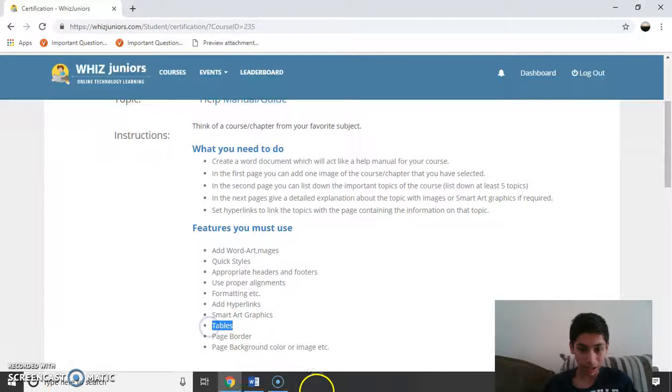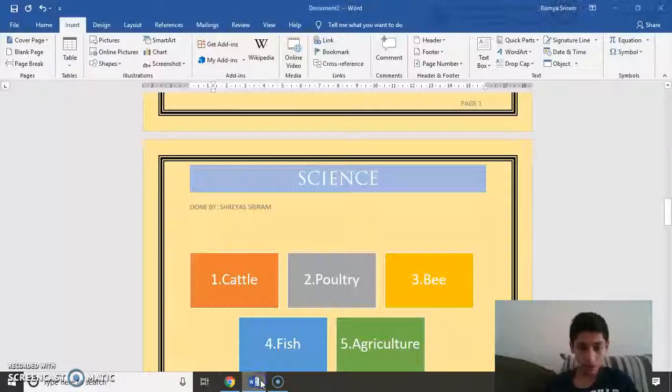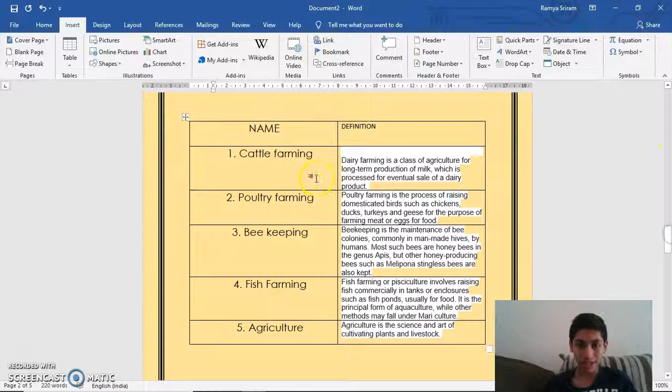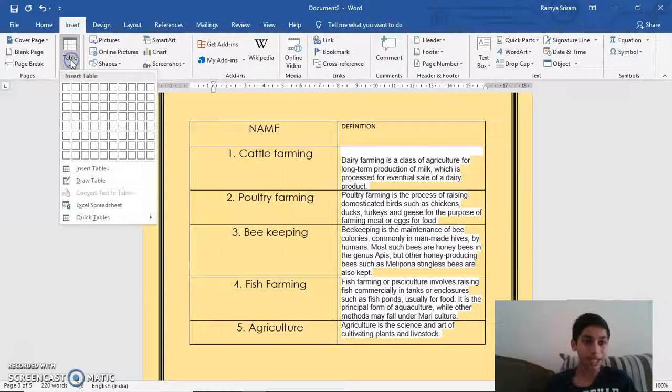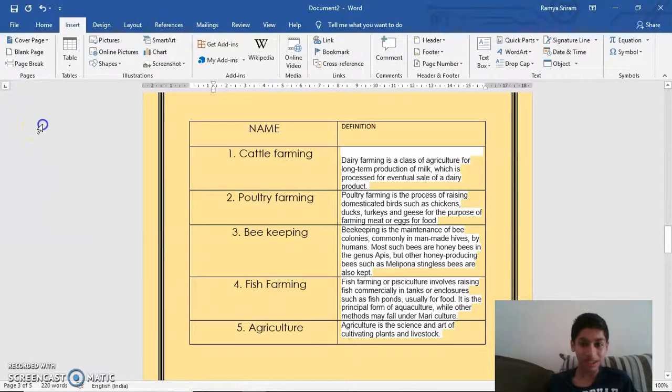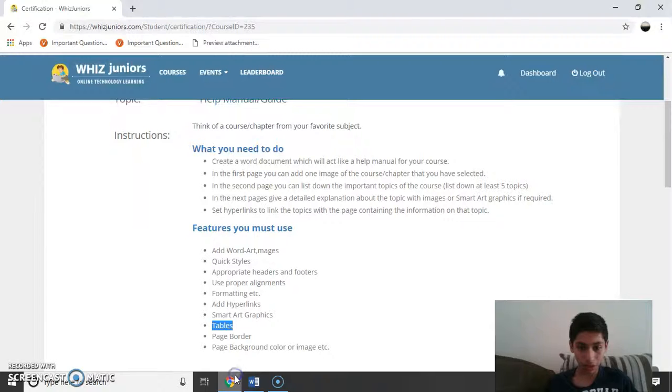The next one is tables. So I have inserted a table also, that is the name and the description of this topic. In order to insert a table, you have to go to the insert tab, and in the tables group you have to click table, and you can just choose the grid of the table you want. Here you can see I've inserted a table also. So going to the next one,